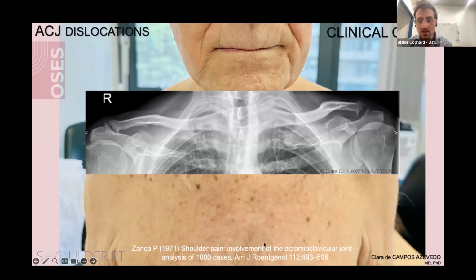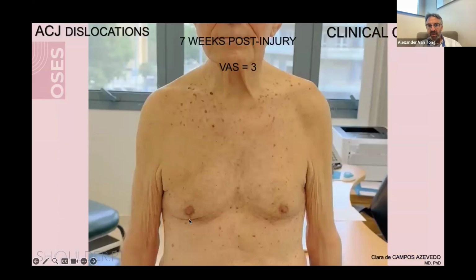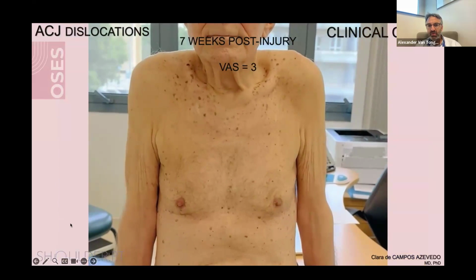It can be an AC osteolysis after a trauma, but, Alex. I can see indeed there is some gapping of the AC joints. So there is probably a little bit of anteroposterior instability, but the distance between the coracoid and the clavicle seems to be acceptable. So for me, it's probably a type 2 clinically. And I completely agree with your treatment protocol. He will do whatever he can do.